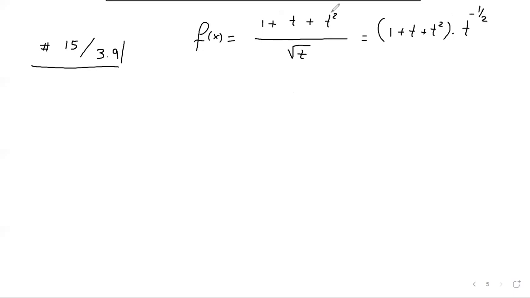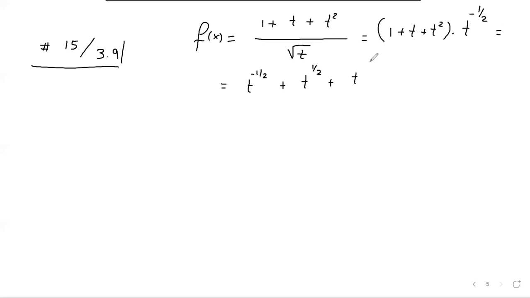This is what it means, dividing something by the square root of t. It means multiplying by t to the 1/2, but because it was at the bottom, it's negative 1/2. And this function is equal to t to the negative 1/2 plus t to the 1/2